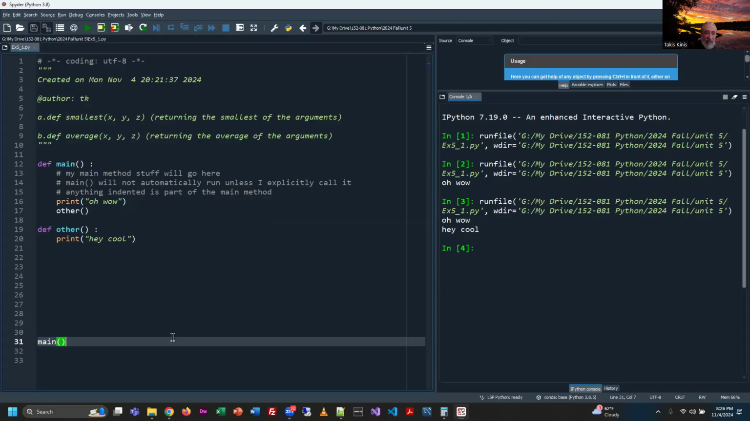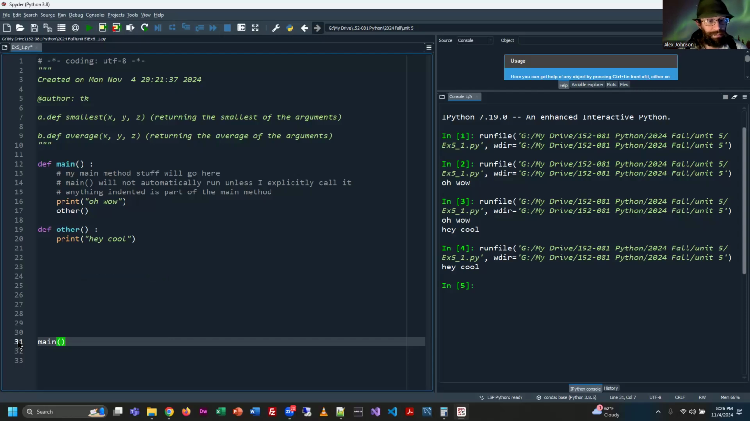If I skip the main method call and just run other, it just does what the other is, right? But this isn't really the way we want to do it. The thinking is, and this is what we do once again in all the C style languages, is the main method or function